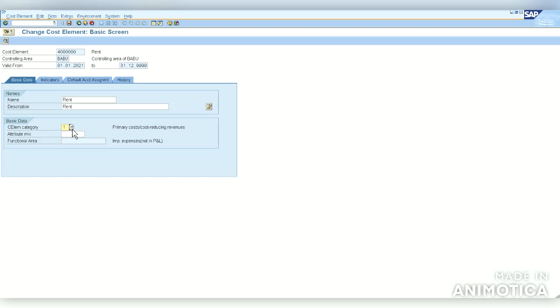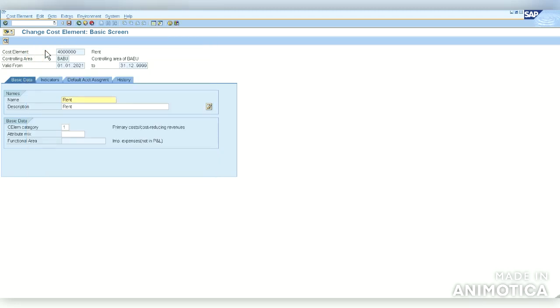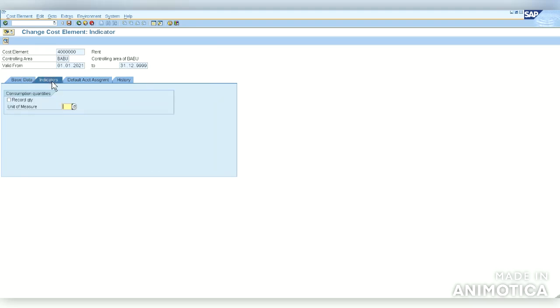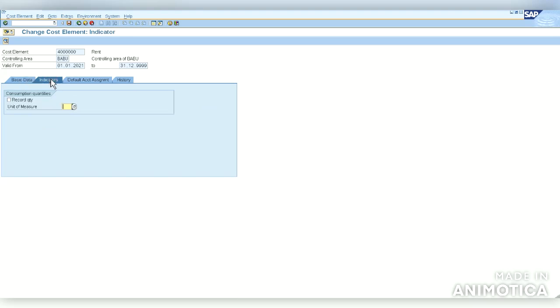We can see many other options in cost element, but as of now we have given only the cost element category while creating the GL in S4HANA. I think we have seen that these two fields are available in S4HANA. And what about default account assignment?